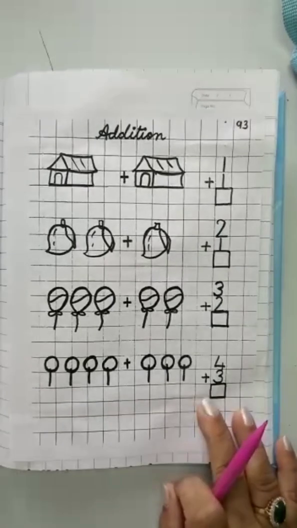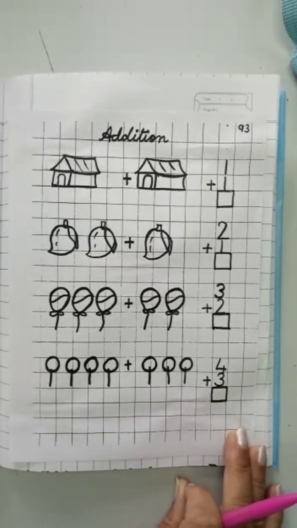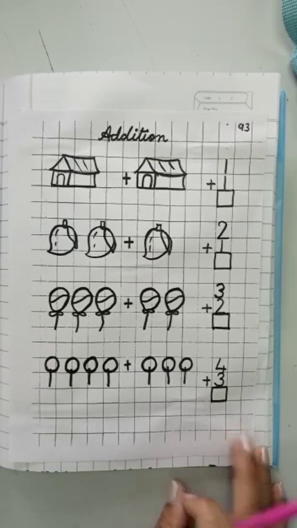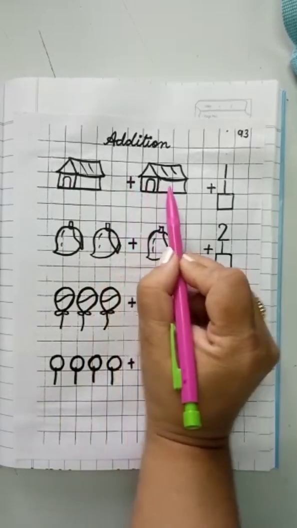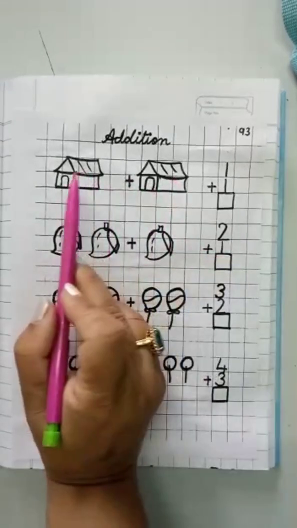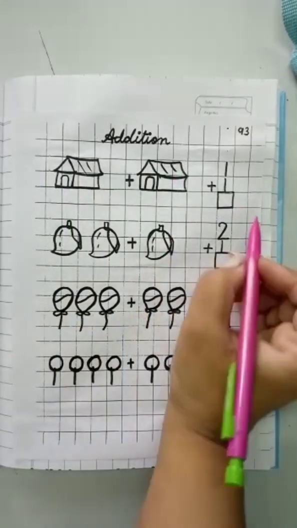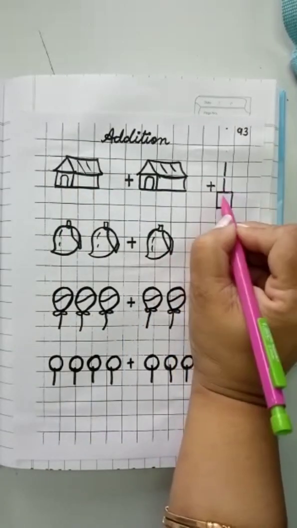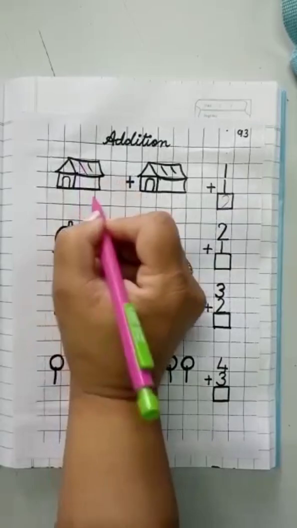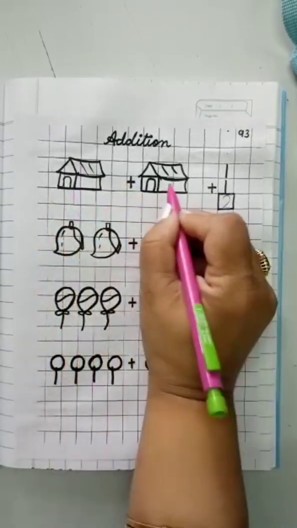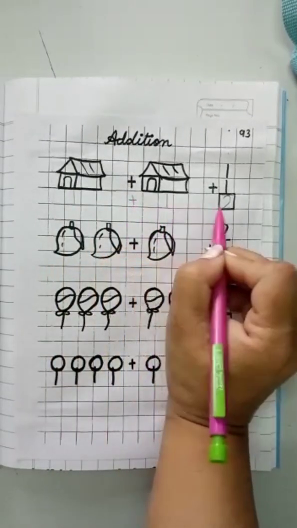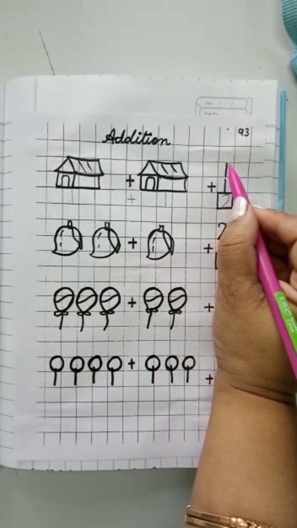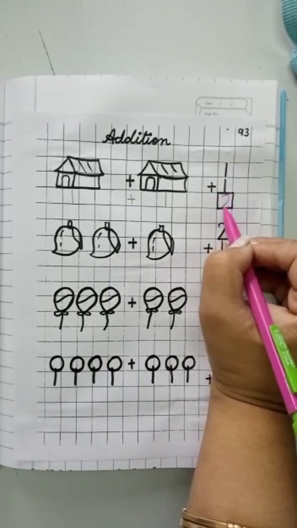Next, the topic is addition. Okay. We will add. Let's see the picture, count them and write and add. 1 plus, the sign for addition is plus. 1 is equal to how many? 1, 2. So what is the answer? 1 plus 1 is 2. I can write this number here also. This is 1 and this is again 1. So if I add 1 plus 1, it becomes 2. Same way I have written here, 1 plus 1 is 2.